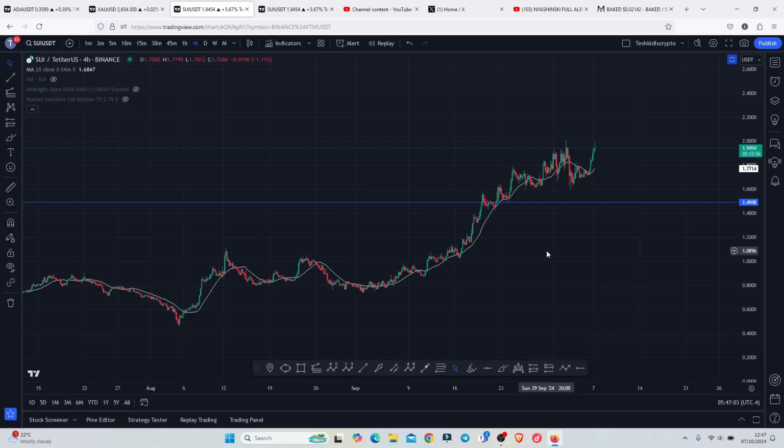SUI continues to see a massive breakout to the upside, and at the time of this recording we continue to hold above a key area of support above the $1.4948 and above the 20-day MA here on the 4-hour chart, which is now acting as support for us to continue gearing up. And at the time of this recording we are now attempting to see a break above resistance